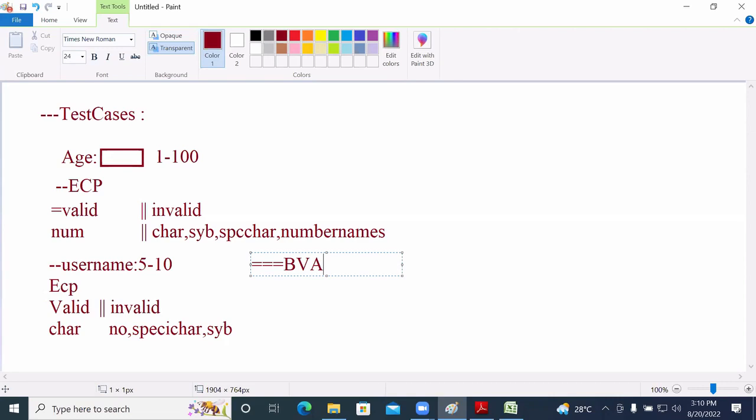See, the name itself clearly mentions the meaning of BVA. What is the meaning of BVA? Boundary value analysis. What exactly are the boundaries? You need to take those particular boundaries